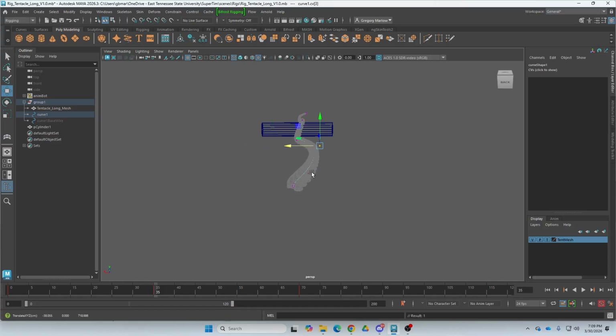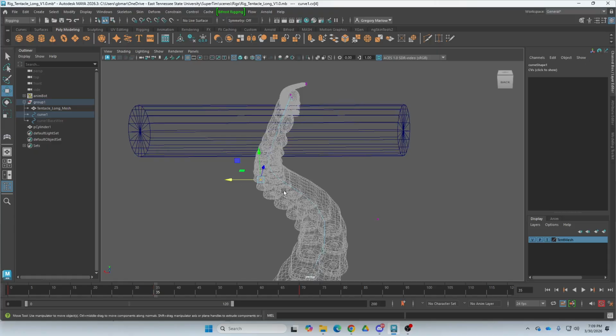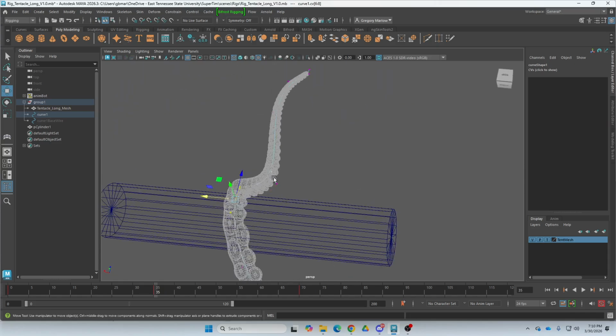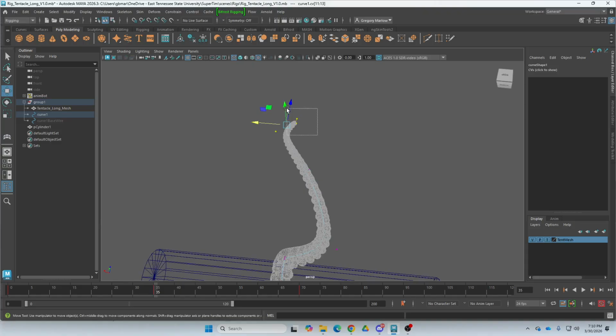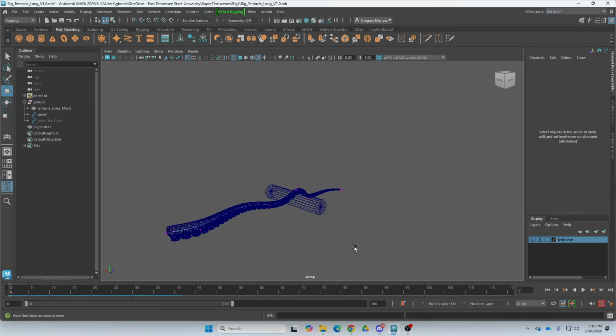Can move these around. Right? And so I have these keyframes now where this is warping like this, and I can animate the mesh